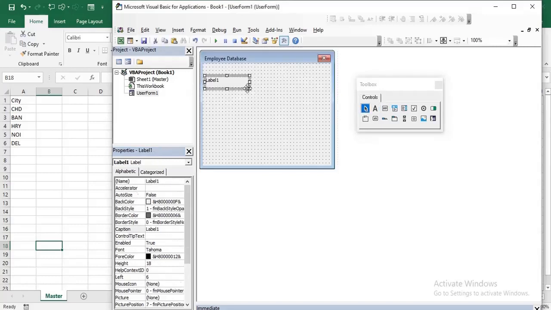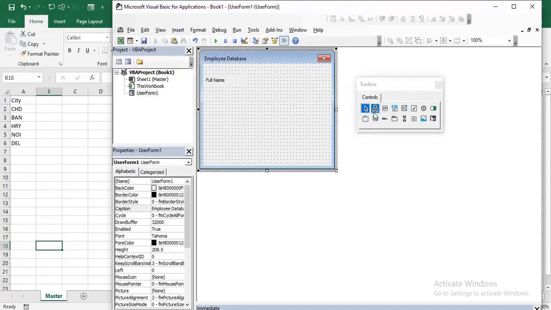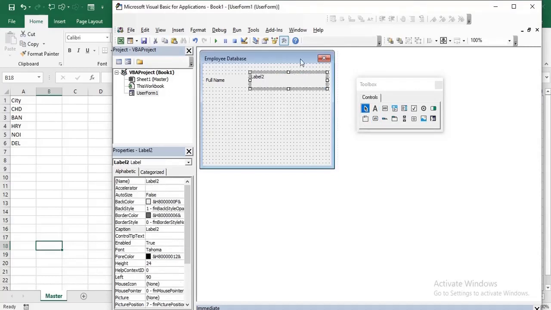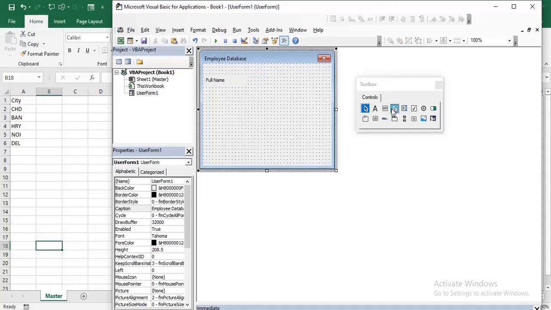Now insert a label over here and write full name, and a text box so that the user can enter his name. So this is the label. We need to give a text box option over here.